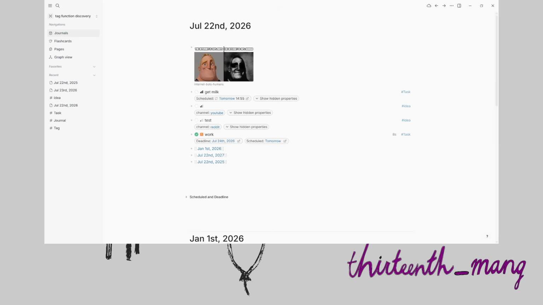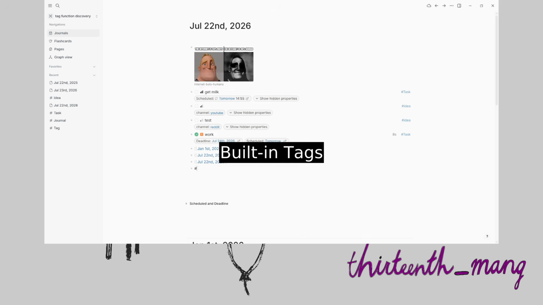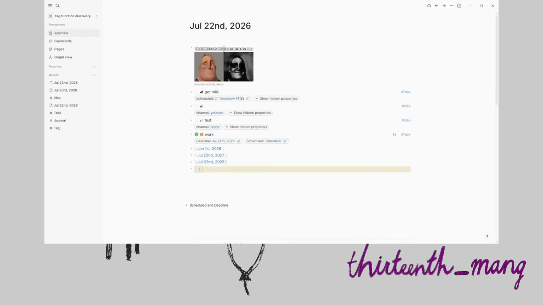And there are a few built-in tags that I found out about today that I wanted to try. So if we do code, this is a default. Okay, cool. So that tag automatically makes this a code block. But this might get a bit annoying on mobile if you're trying to go to the next block and it just keeps going like that, and you would have to go out and then click in the next block. Okay, so these basically just look like they are different ways of doing what you could using the